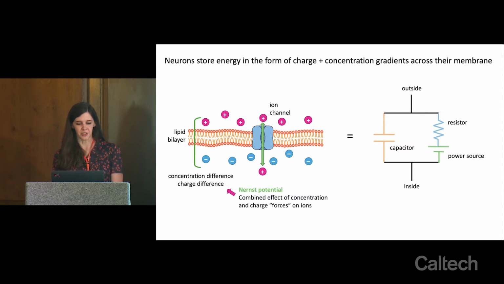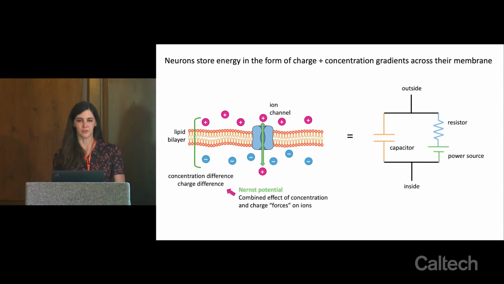So what this Nernst potential does is it is effectively giving us a power source to our model. It's giving us the driving force with which ions are transported across the cell membrane, and that force is proportional to the membrane potential, the difference in voltage across the cell membrane, and to the concentration of ions inside and outside of the cell. So if we take these elements of the cell membrane, we have three components. We have a capacitor, we have a resistor, and we have a power source. And if you take these three elements and you hook them up together, what you get is a very simplified model of what a neuron is doing.